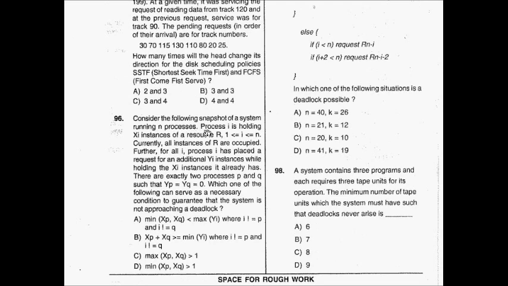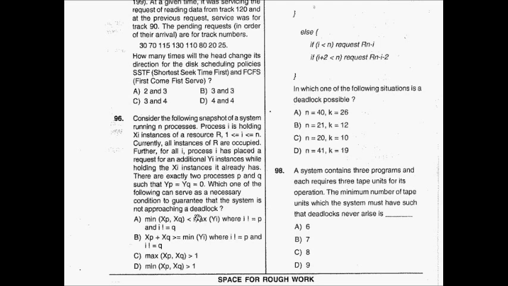Consider the following snapshot of a system running n processes. Process i is holding xi instances of a resource R, where R has 1 to n instances. Currently all instances of R are occupied. Okay, all resources are occupied. For all processes i, process i has placed a request for additional yi instances while holding the xi instances it already has. There are exactly two processes P and Q such that yp and yq are equal to 0. Which one of the following can serve as a necessary condition to guarantee that the system is not approaching a